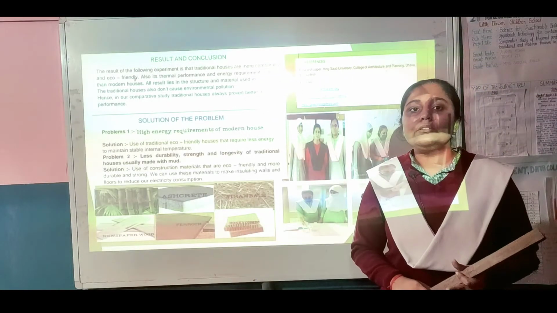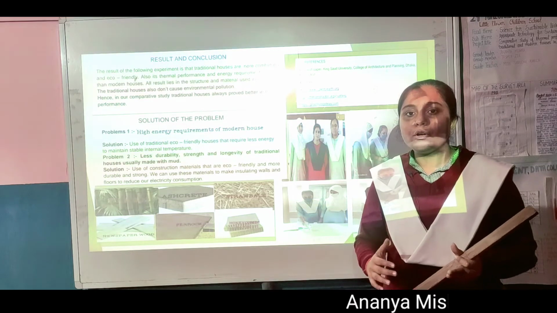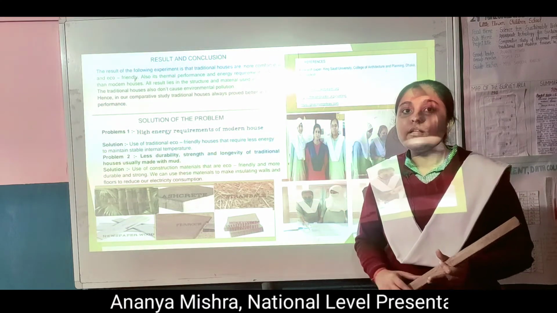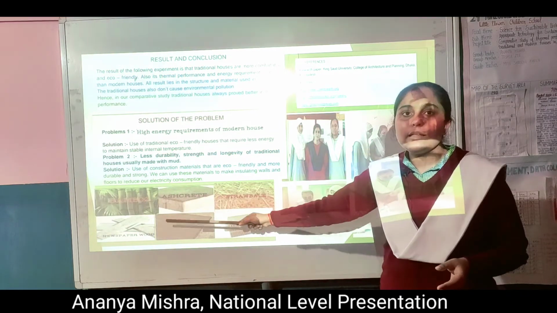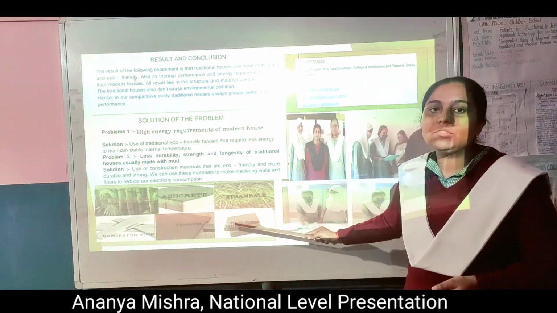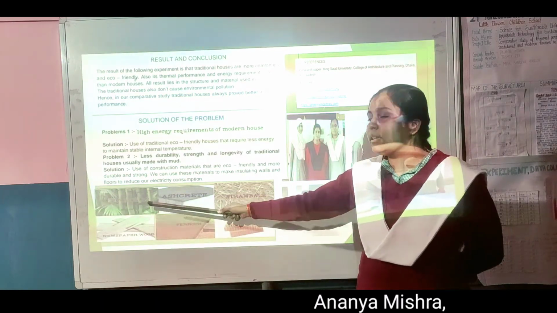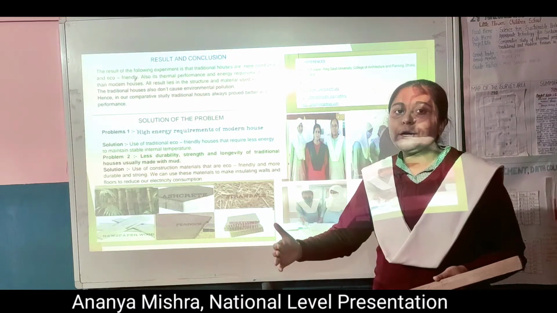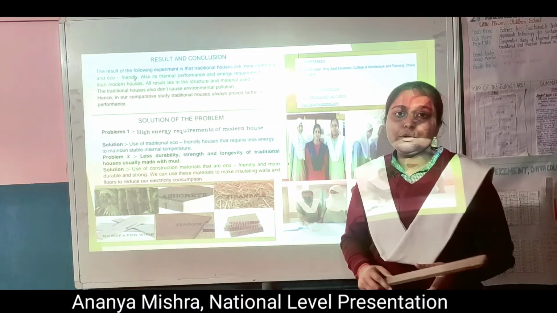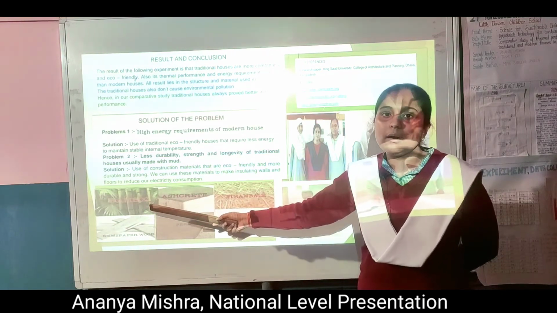So we can use some eco-friendly materials and construct flooring and walls that provide thermal insulation and maintain a stable internal temperature. I have collected data on some of these materials that provide better thermal insulation. The first one is bamboo. Bamboo is usually used in the northeastern part of the country. People usually make homes out of bamboo. So this is a conventional material, but it's really thermal insulating.